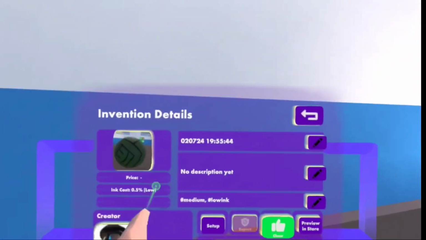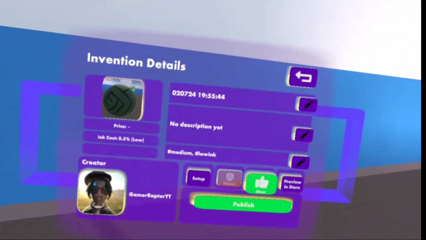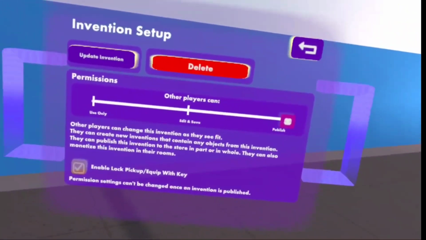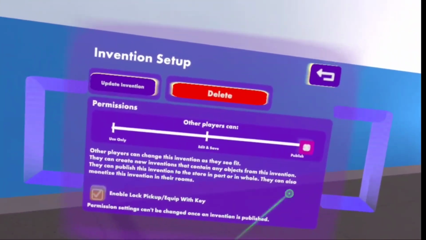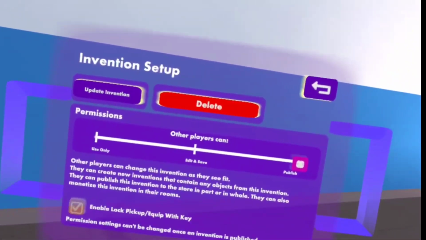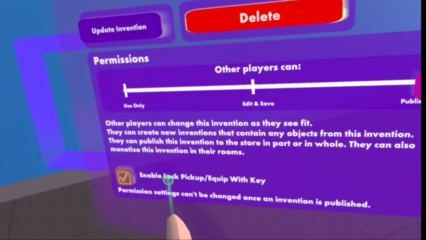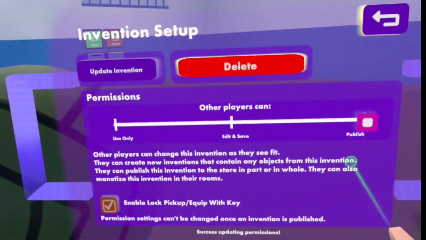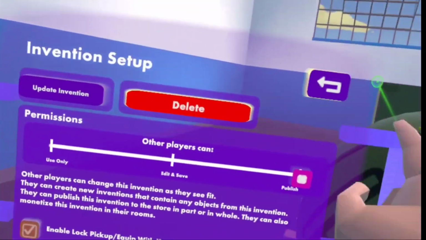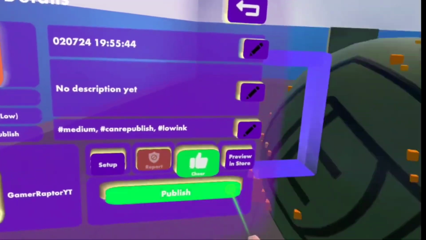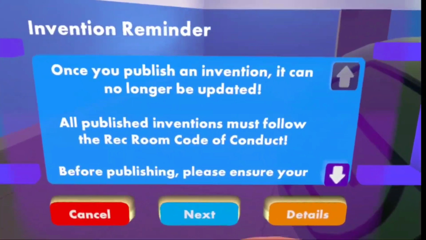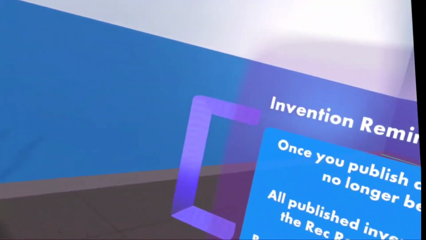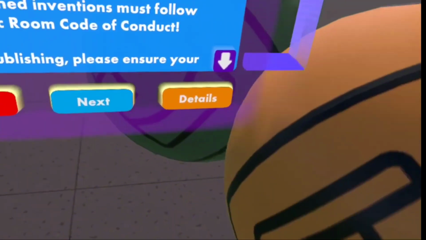Now you're on your invention details. You can name it, add a description, and it has the tags here. So if you click setup, invention setup, you can see that other people can edit, save, or use only here. Or you could delete it or update your invention. And you could click publish. It would tell you the things. Make sure it passes